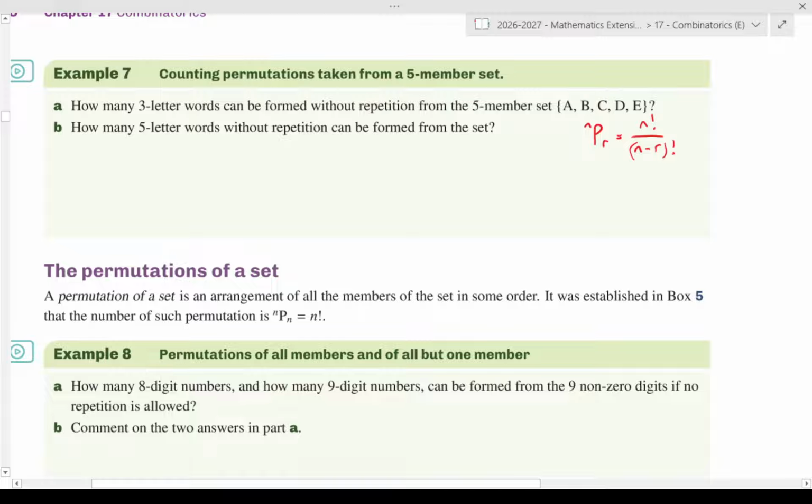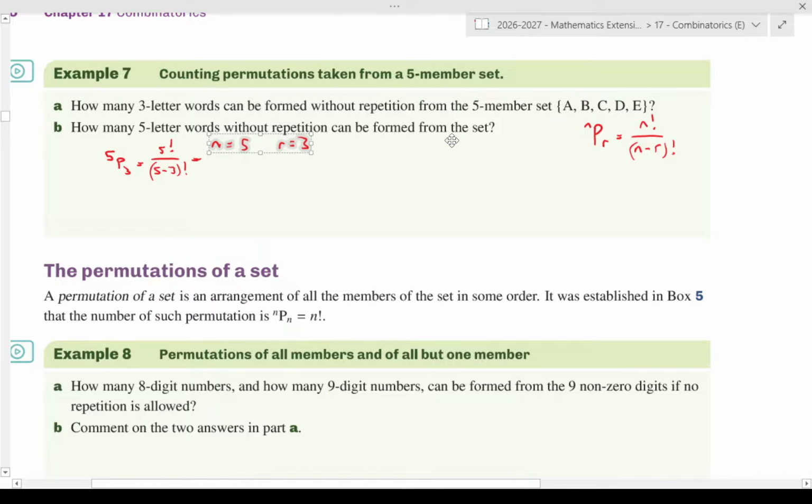All right, well, what's our n in this particular case? Our n is going to be 5. And what's our r in this case? Hopefully you recognize it's 3. So what we've got is a situation where we've got 5P3, which will equal 5 factorial over 5 minus 3 factorial, which we can also write as